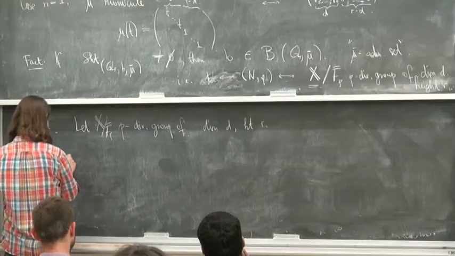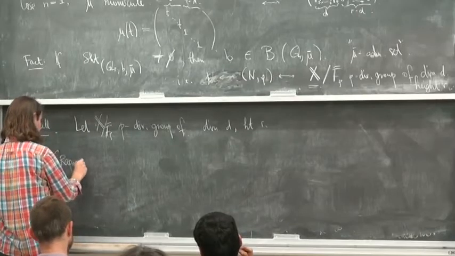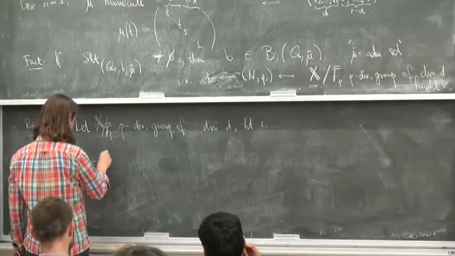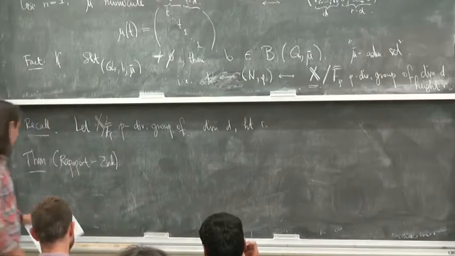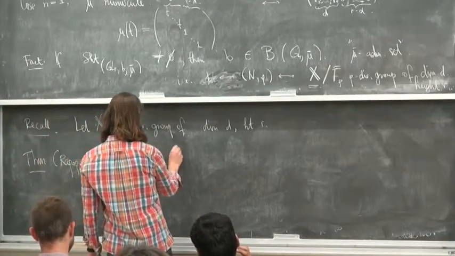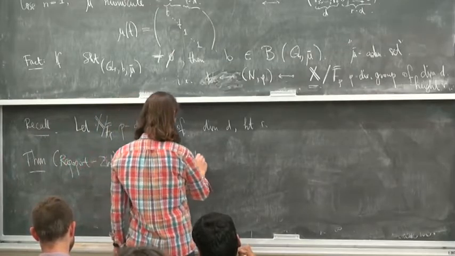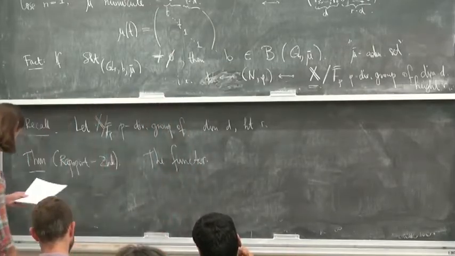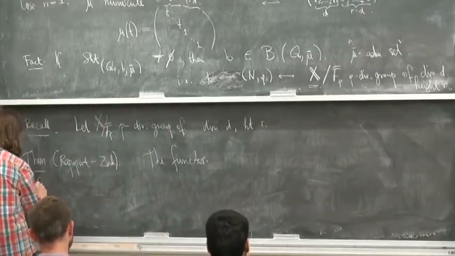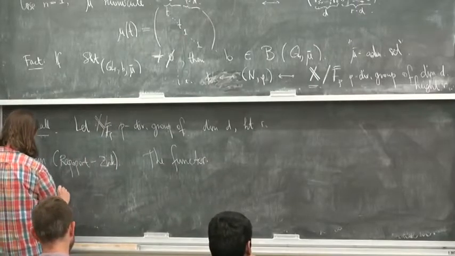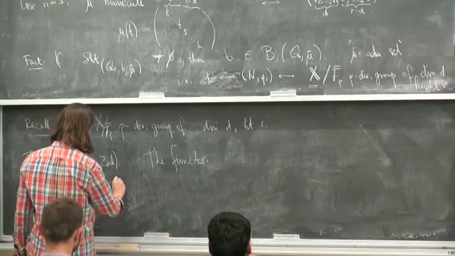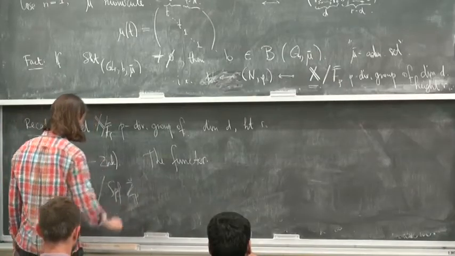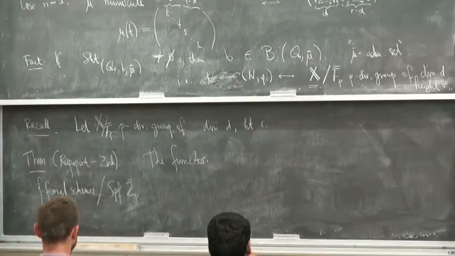And then Rapoport-Zink proves the following representability theorem. So they consider the following moduli problem. So the functor from formal schemes over Spf Z_p breve, where Z_p breve is just the ring of Witt vectors of F_p bar,